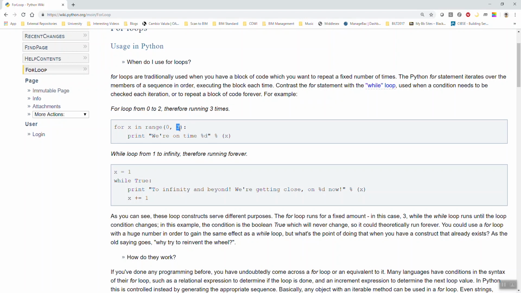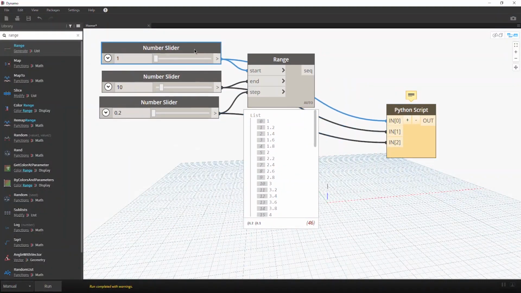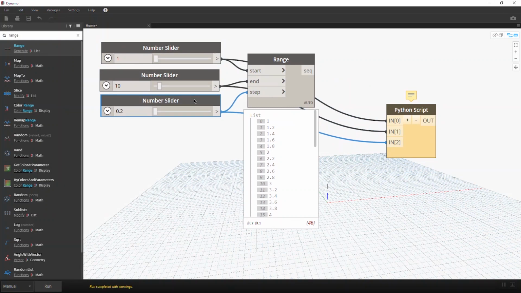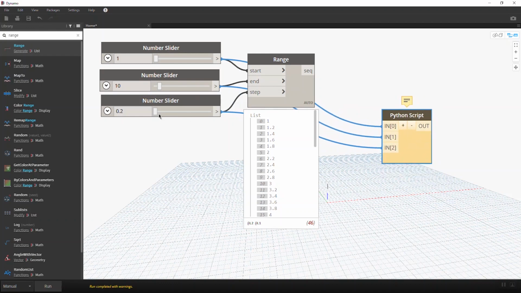So if you want to use float numbers like we are actually using in this specific one, the for loop is not really the best way to do it. And that's why we also have the while, that we will see in a couple of minutes. So if we want to use the for loop in this case, we need to use an integer number,